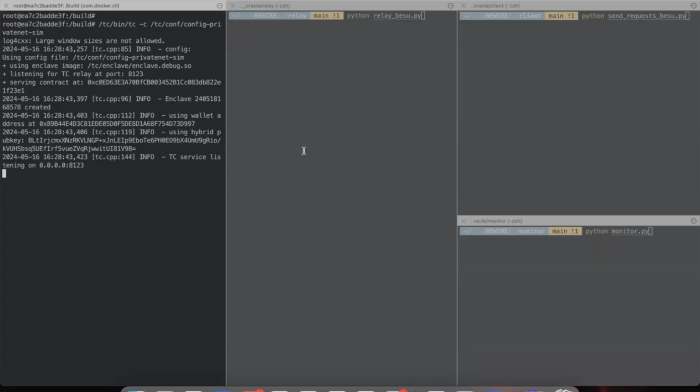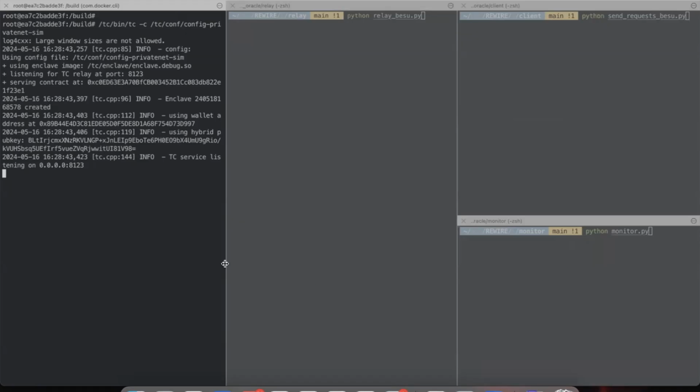The second window is our relay component, which is mainly responsible for listening to data requests, notifying the enclave, and transmitting the data fetched by the enclave back to the blockchain. The third window is a client, which is used to send data requests to the underlying blockchain. And the fourth one is a monitor component, which is used to listen to the real-time data stored on the blockchain. Okay, now let's get started.